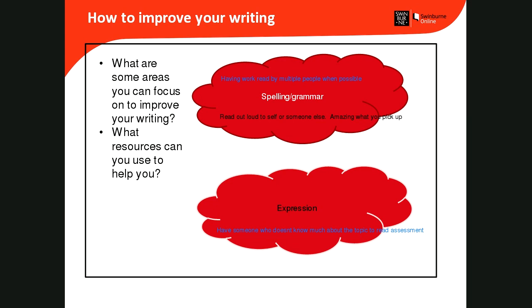I think you need to find a bit of a balance, because you've already done a lot of the research for 1A. You should have a lot of your points already sorted. You now need to work on how you can put those ideas into a cohesive, logical progression of thoughts that connect to the essay topic. So spelling, grammar, expression is all super important. It is a good idea to get someone else to have a read over it and see if they understand what you're talking about. If they don't, you need to go back to the editing stage and make sure that it's clear to them, okay? But proofread, edit, check, double check, and then finally submit your work.